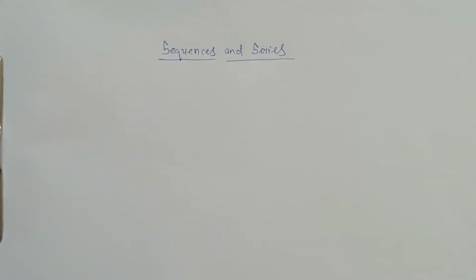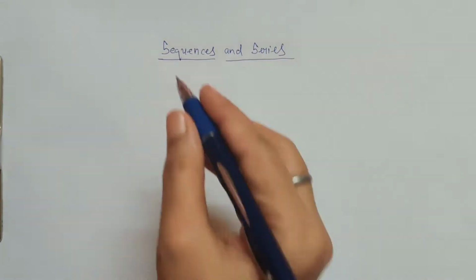Friends, in this video I'm going to explain to you about sequences and series, which is chapter 9 of class 11th NCERT. As we see the two terms, sequences and series, the meaning is very simple, and it's a very interesting chapter because we will have a lot of application-based questions on this. So let us first try to understand what a sequence is.